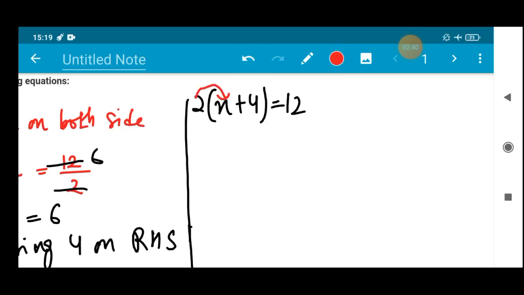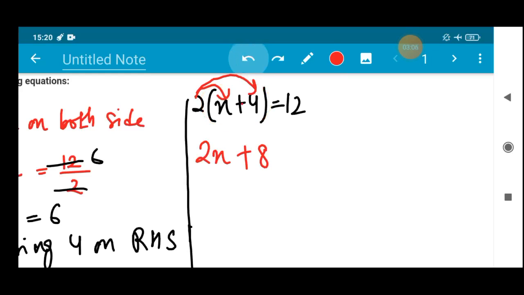Okay, so 2 into x, when you open it, because here 2 into (x + 4) is there, so this 2 is applied for x as well as for 4 also. Okay, so let us multiply this. 2 into x is 2x, plus sign is there, and outside also there is plus, so plus plus will make plus, and 2 4s are 8. This will not only get multiplied with x, the 2 will also get multiplied with 4.